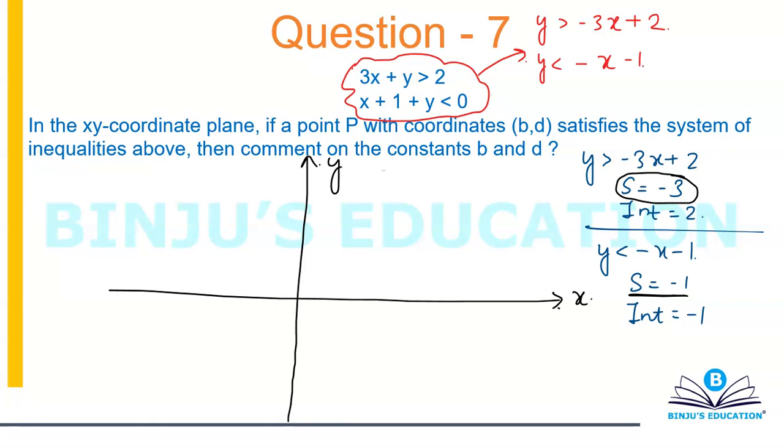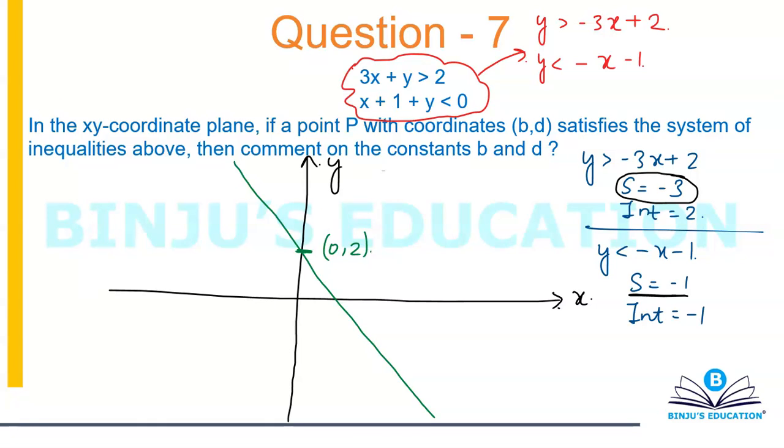Okay. So I'm going to draw the first line first, and I'm going to use two different colors also. The first one is y is equal to minus 3x plus 2. So negative slope, positive intercept, so the line is going to be something like this. This point here is (0, 2). We'll take care of the inequality part later on. That's why I've said y is equal to. I've intentionally said that.